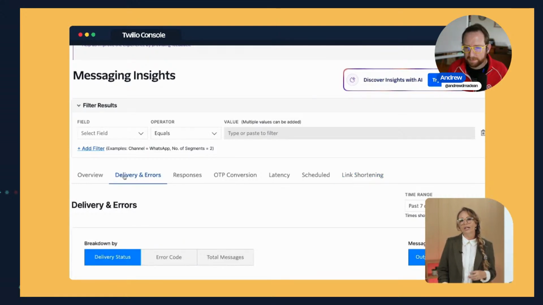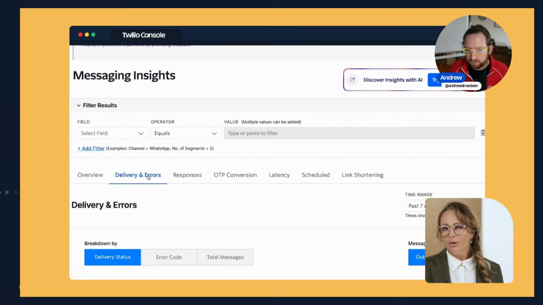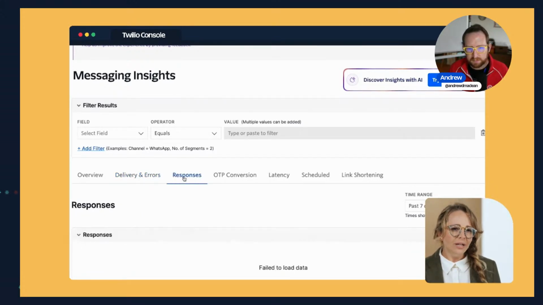Additionally, Twilio's delivery and error dashboard acts as your navigational system for diagnosing delivery issues. It shows you why a message may have failed and offers you guidance on how to resolve it. Meanwhile, the responses dashboard visualizes and filters inbound messages, helping you understand how users are engaging with your content. When you're running a time-sensitive campaign or managing high-volume messages,